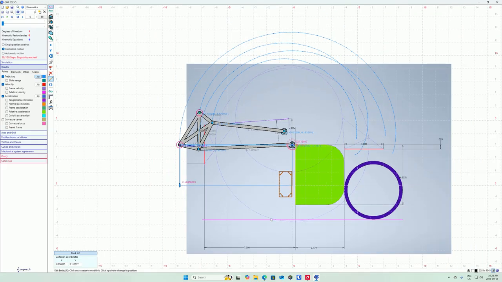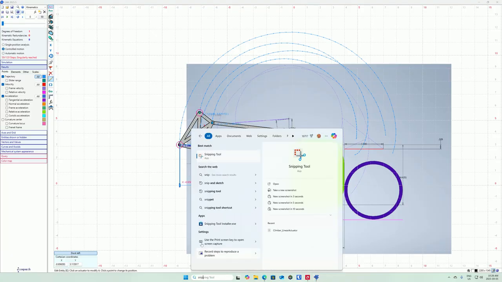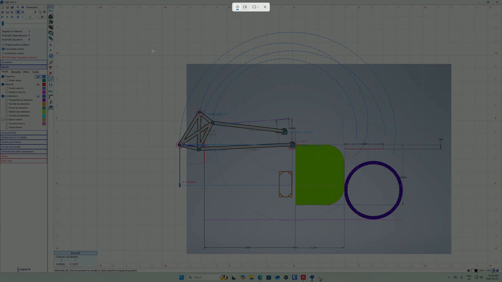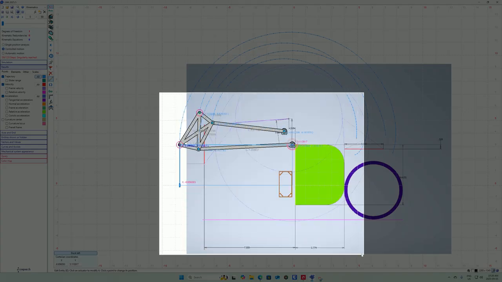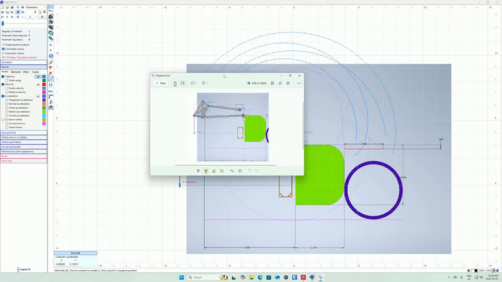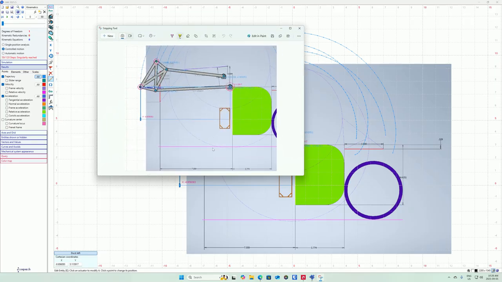But I know this is 7 here, and I can just go in here and snip, so new, and grab from here to here, right? And now I have a picture where I have a grid. I know that this is 7,